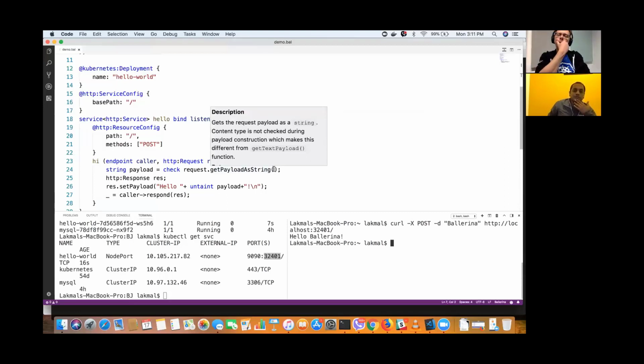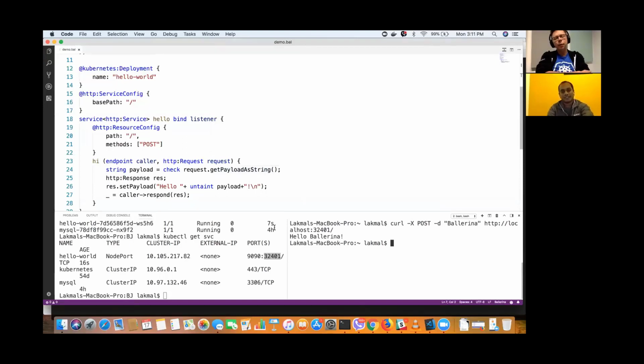Right. This is amazing. So let me think about that. Like, I'm a Kubernetes developer, developing apps for Kubernetes, and I really want to start using Ballerina. This is a great start.